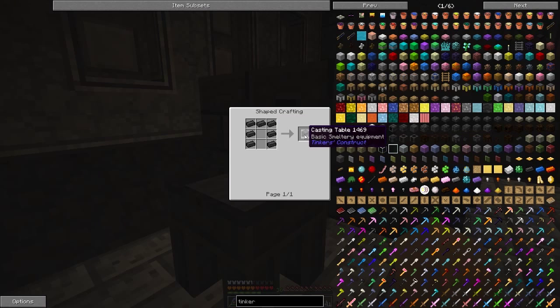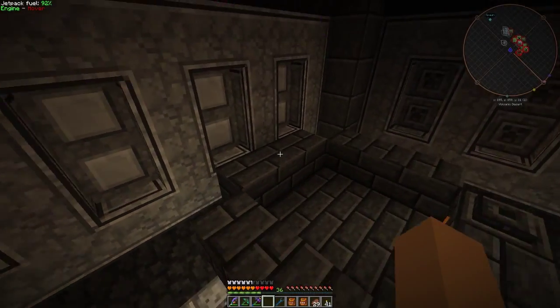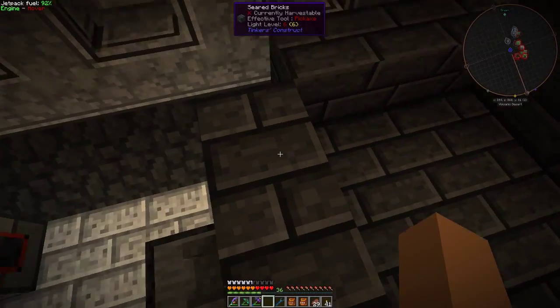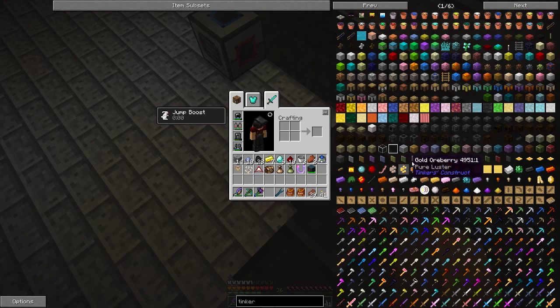You have to make a casting table. Now you can put multiple drains. Like we have one back at our main base that has 4 drains. You can put them on any sides as long as it just has them. Now you can make the